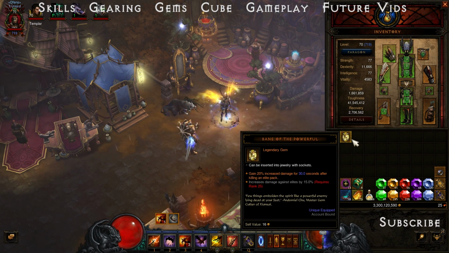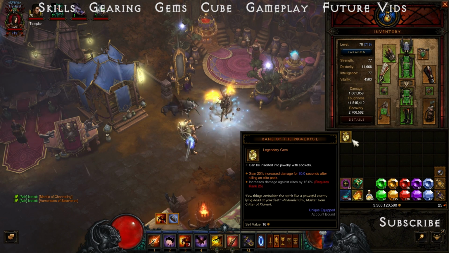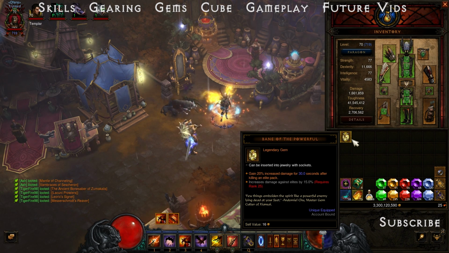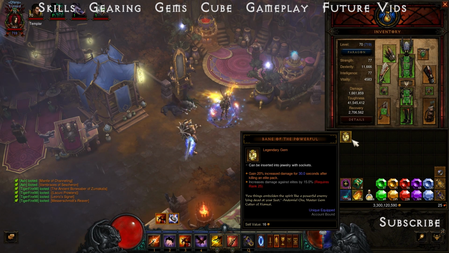So Bane of the Powerful is sick. I mean, it is very, very good. 20% damage after you kill an elite pack for X amount of time, and 15% elite damage. Can't really go wrong. Overall, juicy as hell. If you kill an elite pack and fight another elite pack, you have essentially 35% increased damage for that elite